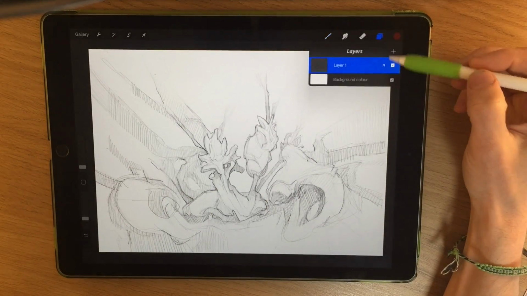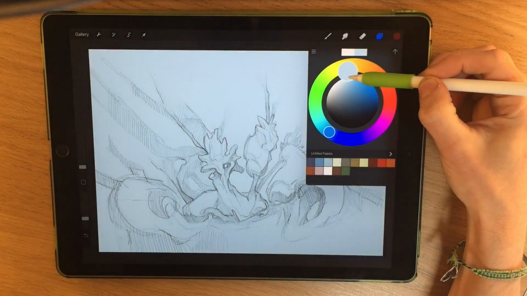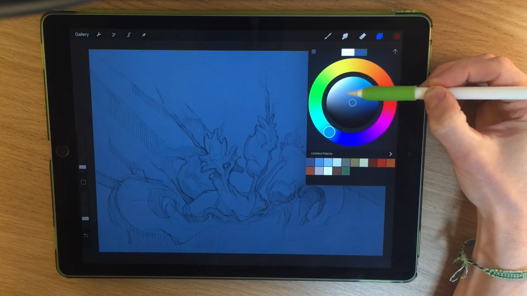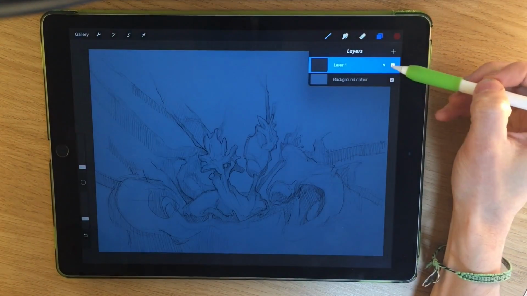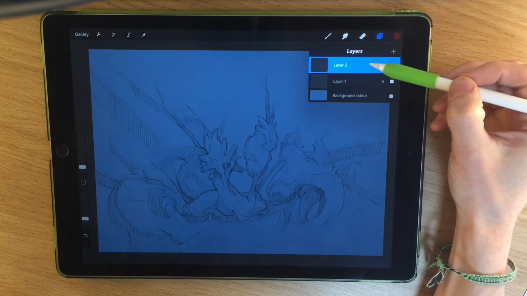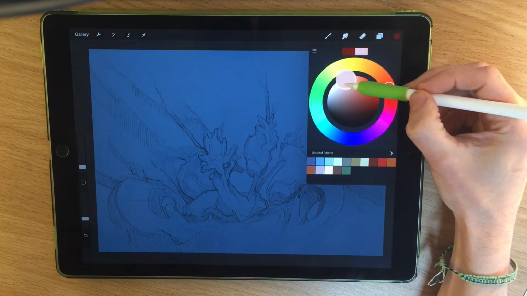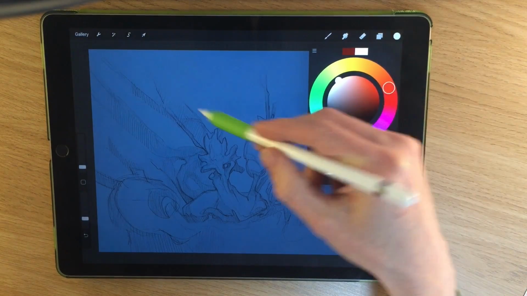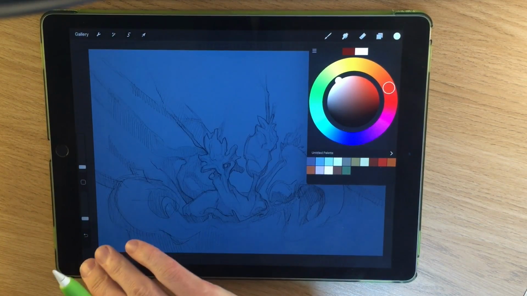The first thing I'm going to do is change the background, and I want to probably go with some kind of underwater theme, and I want to make the background quite dark, I think, for now. The reason I'm going for quite a dark background is because I'm thinking I want to create another layer above the drawing, and I think I'm going to start adding some paler elements into this. I want to make them almost like bone structures,